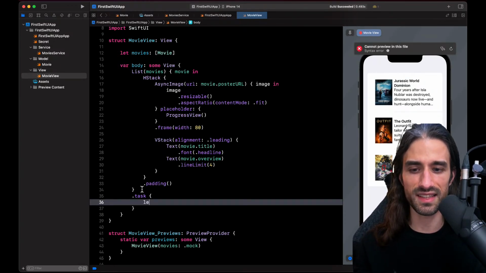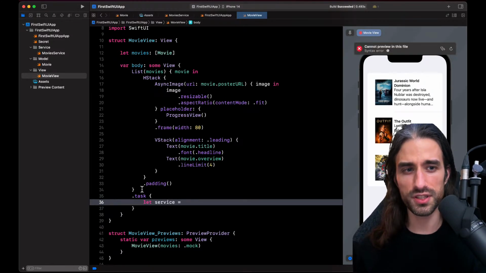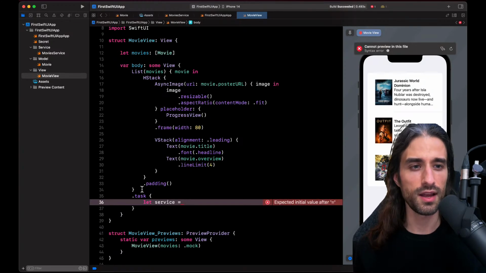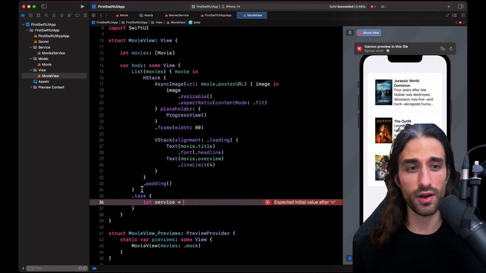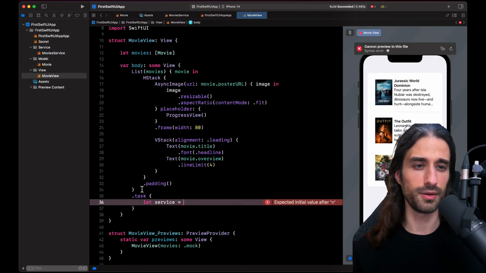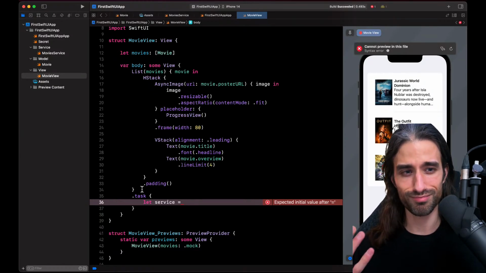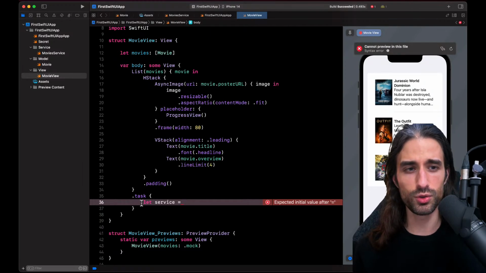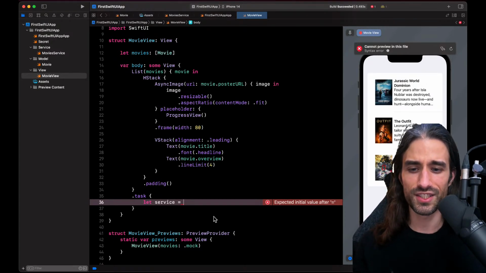So inside this task, we're going to create our service. I am hard coding the fact that I create the service. In bigger apps, we would want to use something called dependency injection. I won't cover it in this video because at some point it would make the topic feel too complicated, I would say. But I do have videos about dependency injection on my channel, so if you want to learn more about it, you can go check it out.